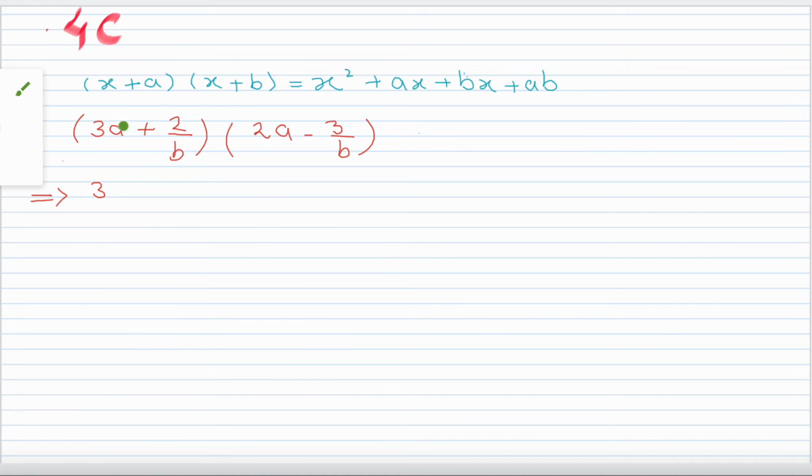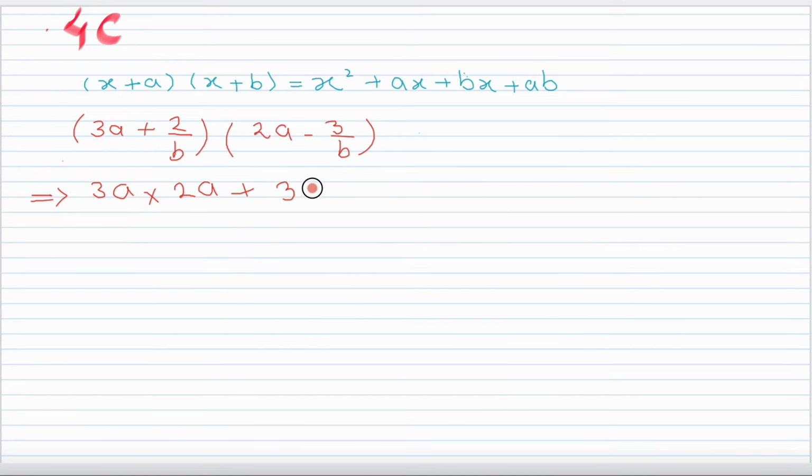You have to multiply this 3a by 2a. So what will you do? You have to write 3a into 2a, plus